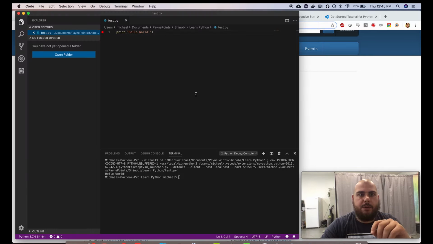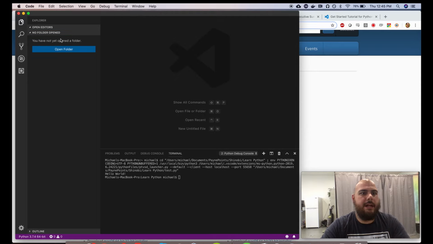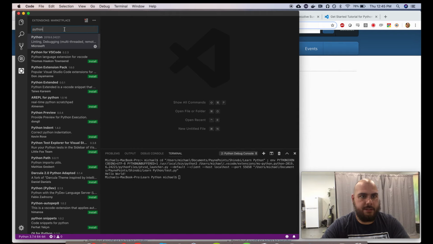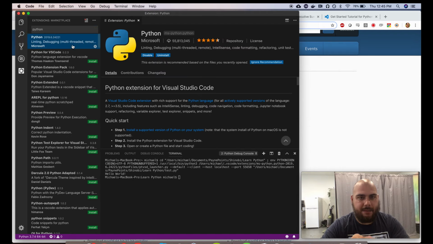I have Visual Studio Code installed here, right? And so what I'm going to do first is we go to the marketplace extensions, okay? And you can see I've already searched for it, and I have Python installed. If you just search for Python, the first thing you'll see listed here has a little install button. Click the install button, and Visual Studio Code handles it from there, okay? Now, once you do that, okay,